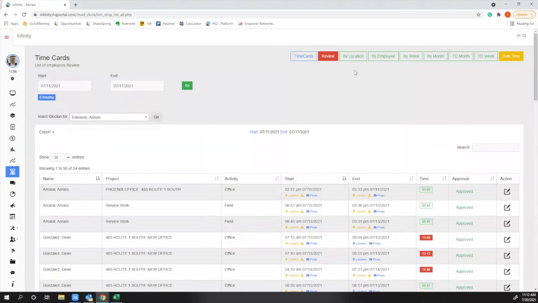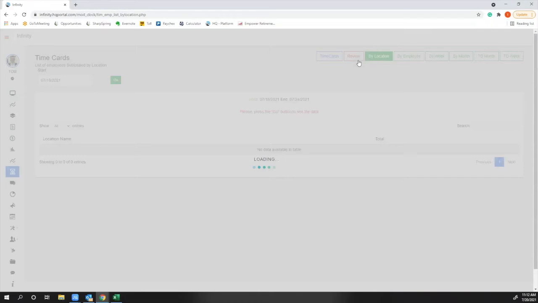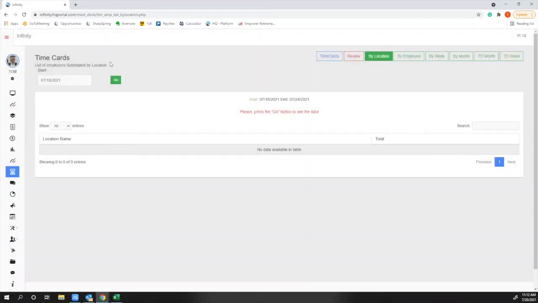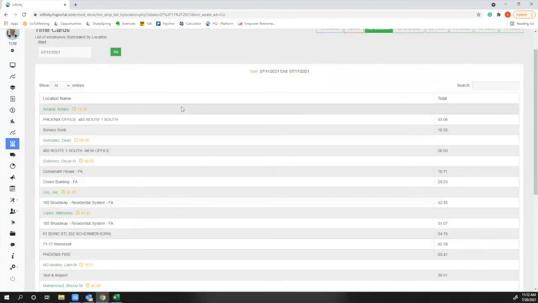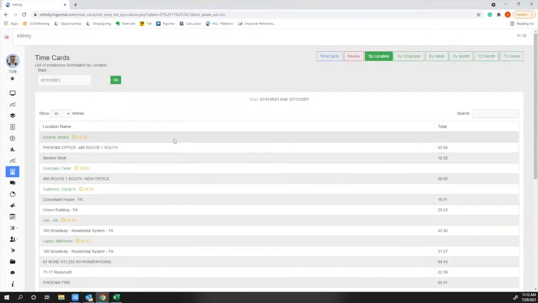Now, other than the exports, we do have some pretty basic reporting. We can break out your time cards by location, which is a report that a lot of my customers actually end up using, where if I go to last week and hit go, what this is going to break down is it's going to show me each employee and how long they worked at each project that week. So we can see which projects they worked at and the total time that they logged,